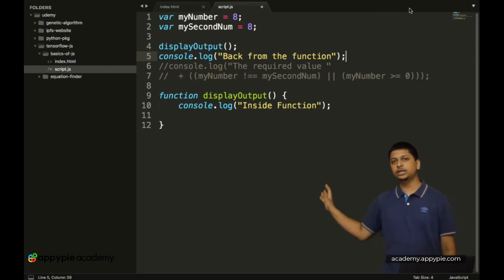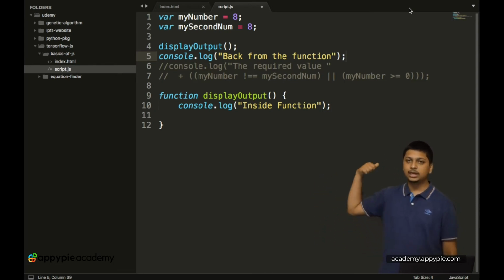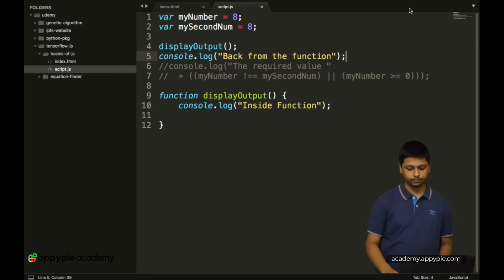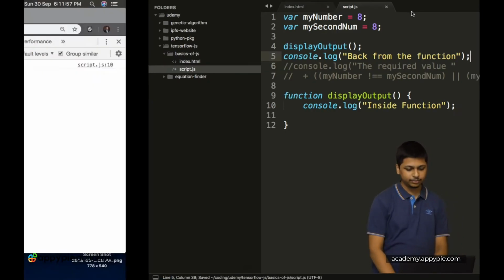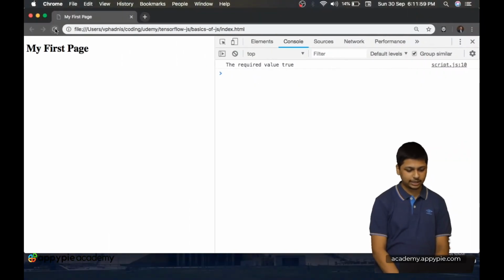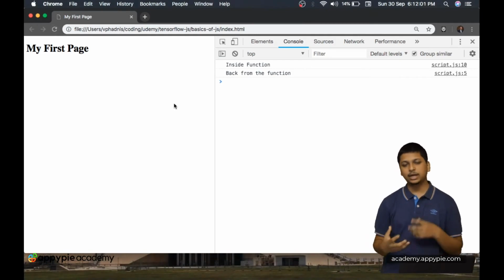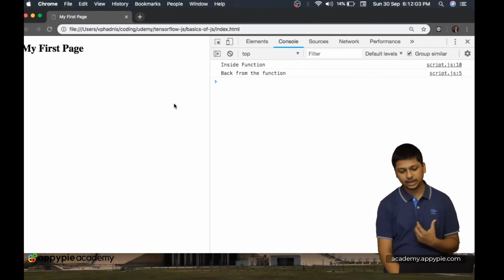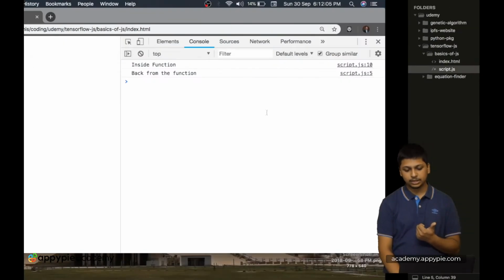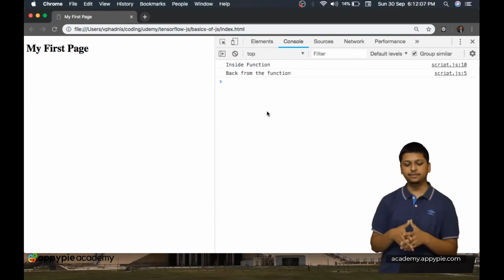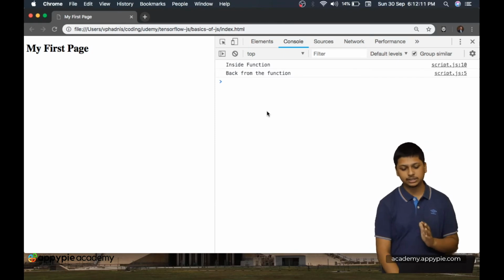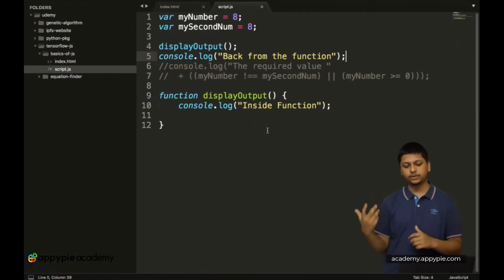So if everything works accordingly, we should see the inside function value first, and then the back from the function value. Let's save this, go on to our browser and refresh it. Now as you can see, we have our inside function value first, and then the back from function value. This is how you call upon functions.